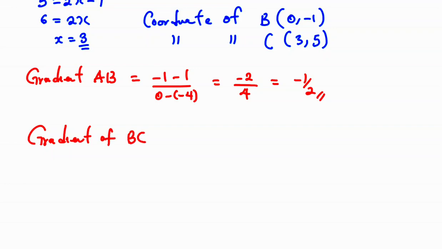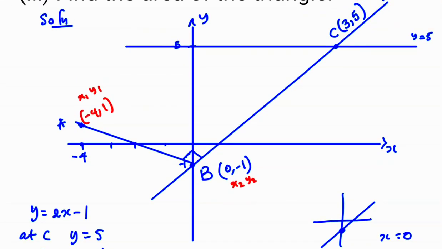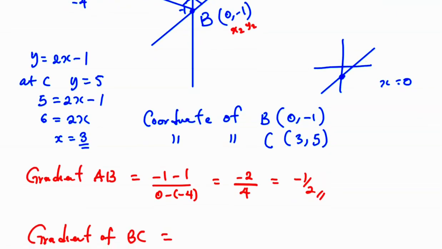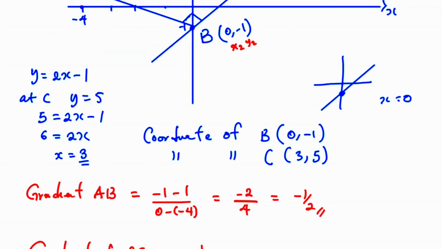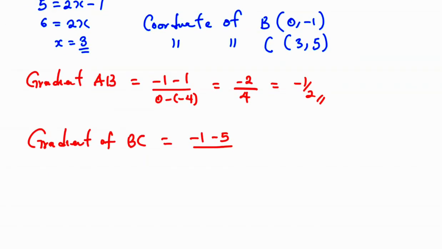of BC. Okay, good. Now listen. Now I can still use this as my x2, y2. Then I'm going to use this one, this time around, as my x1, y1. So when I have them, this is what I'm going to have. Minus 1, which is y2, then minus 5. So we have minus 5 all over 0 minus 3. Now in this case, I'm going to have minus 6 all over minus 3, which